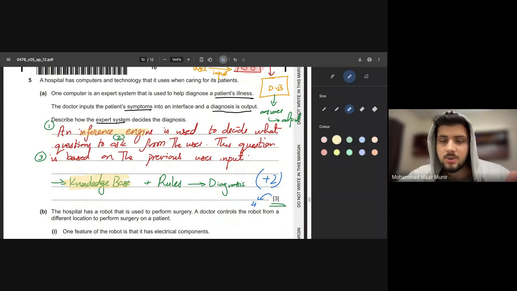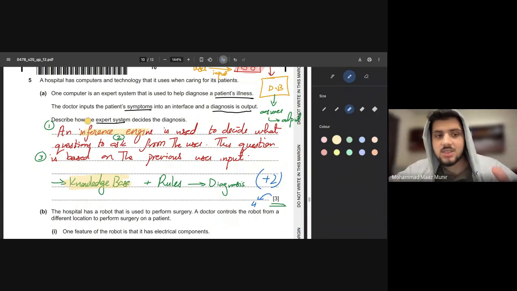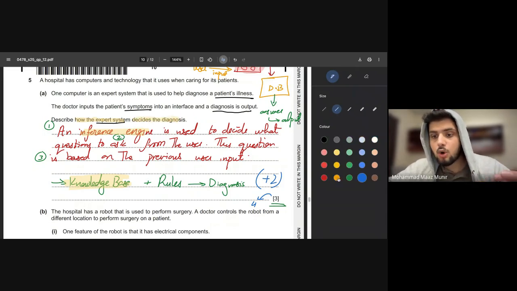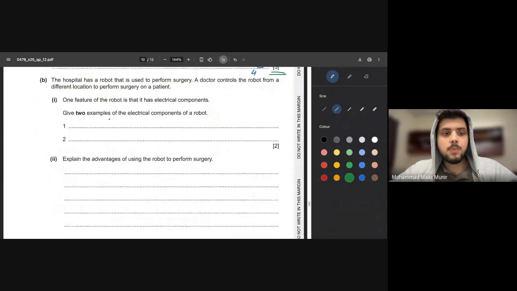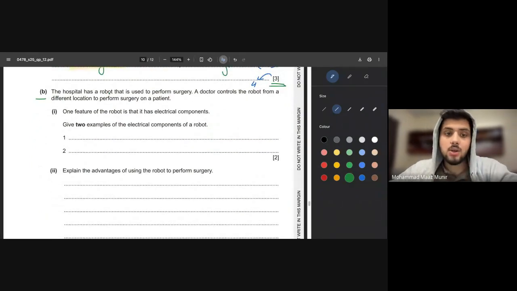So that's how you need to explain, because the question clearly mentions that you need to explain how the expert system decides the diagnosis. So it's not only that you need to explain the components, you need to relate it in a way that shows how the component helps us in deciding the diagnosis. समझ गए? So now continuing with part B, it says that the hospital now has a robot that is used